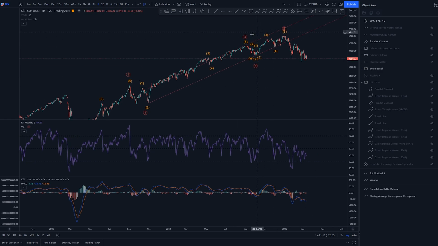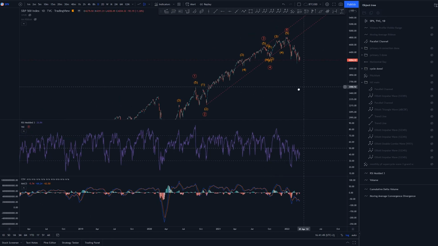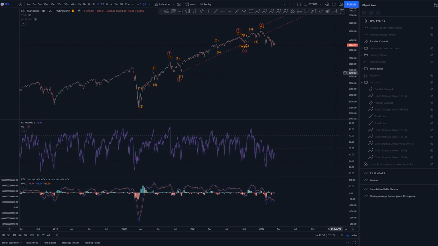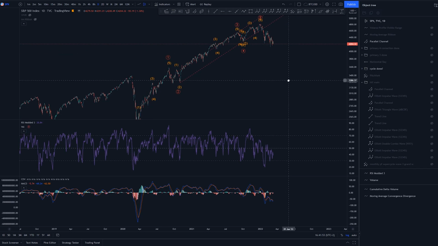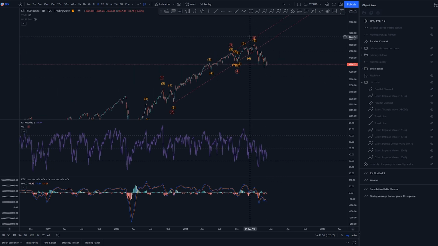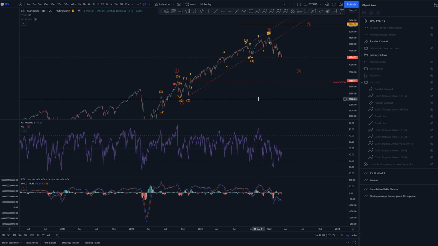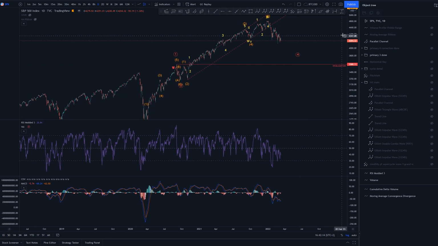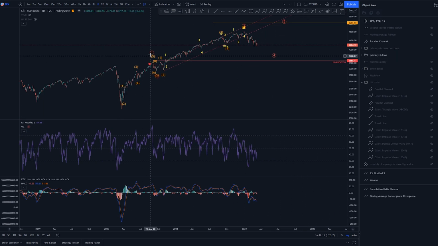But this is definitely one possibility. Now, is there an alternative to this without topping this whole super cycle? Yeah, for sure there is. And this peak here is going to give us some information on it. Now, just to compare to the previous one, we got primary 1 to here, and this was